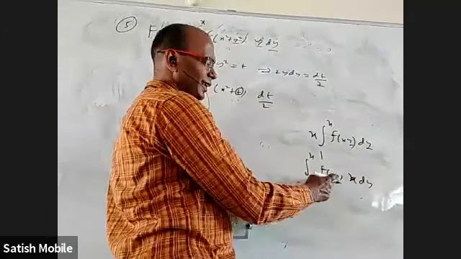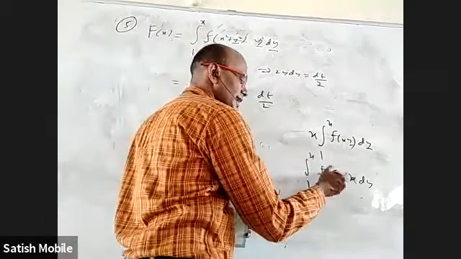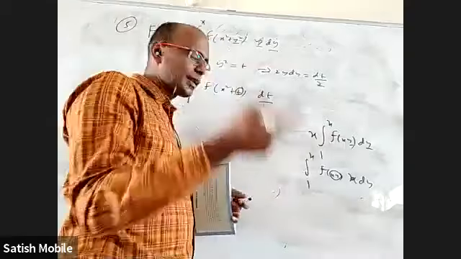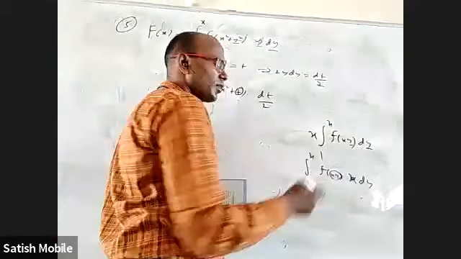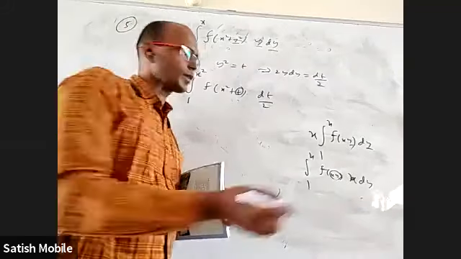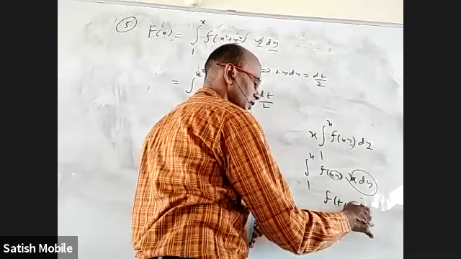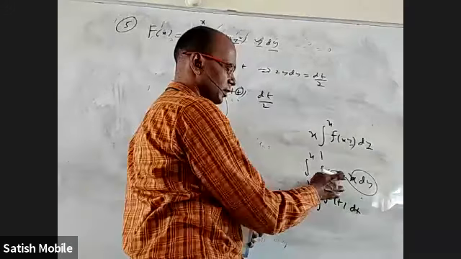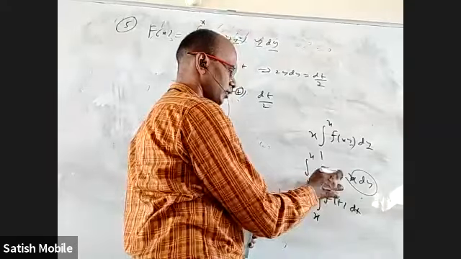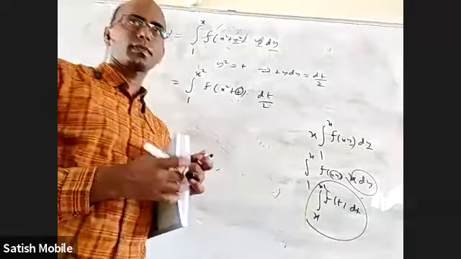You know, you cannot directly differentiate and put x in the place of y, but still we can avoid it. You take this as t. In your mind, imagine x is constant. What is the derivative of xy? What is the derivative of 5y? 5 into dy. Like that, what is the derivative of xy? x into dy, which is exactly this. If we had taken this as t, this would have been dt. It is f of t dt. And the lower limit will be x, when you put 1, and the upper limit will be x square. And now I'm sure I can differentiate this, right?